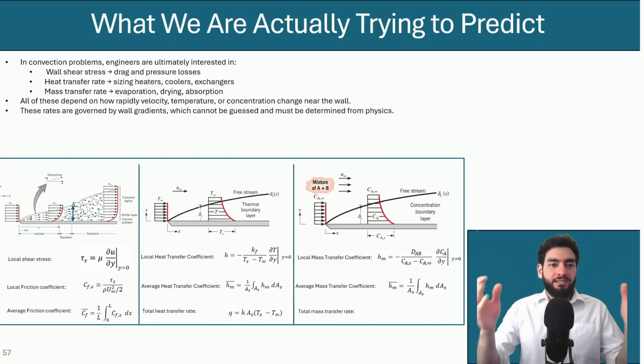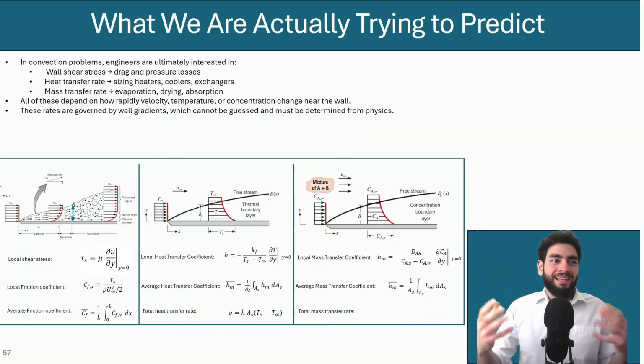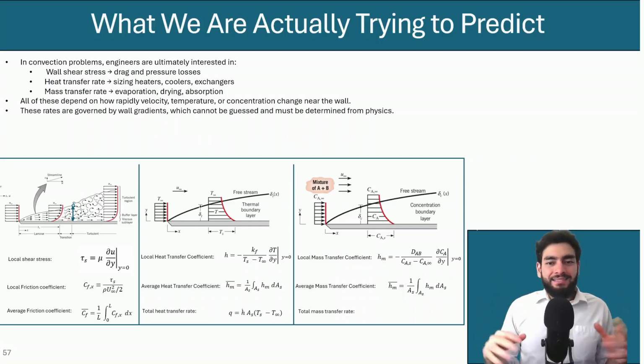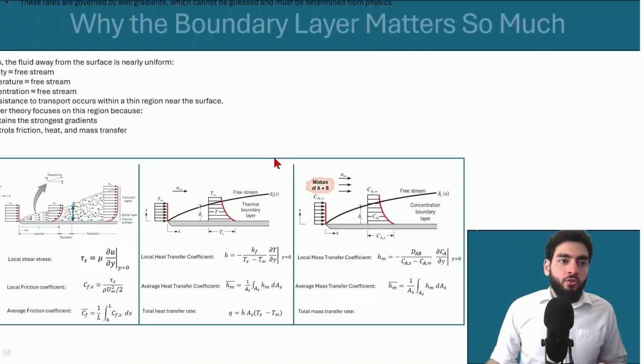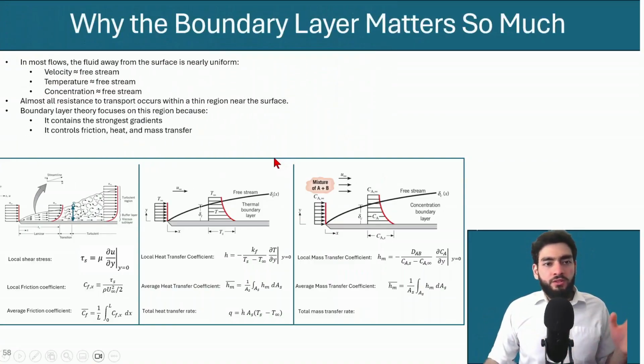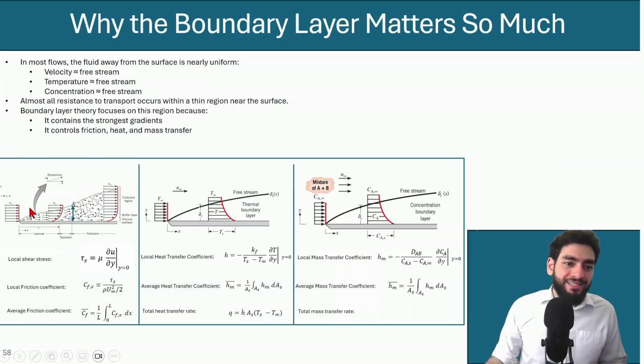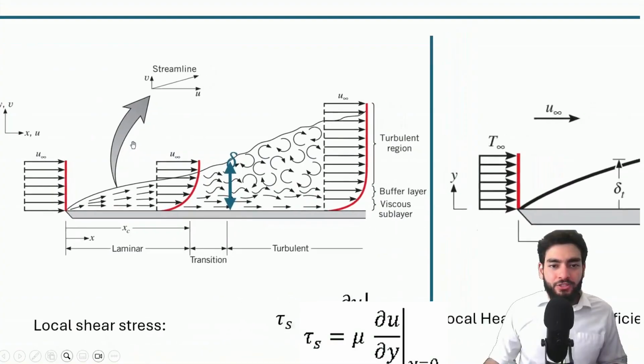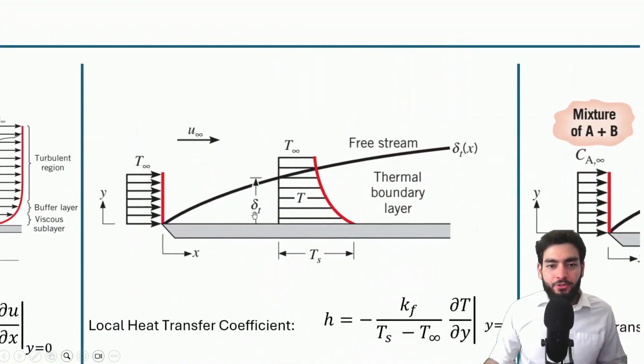When I say wall gradients, I'm using it synonymously as surface gradients. So these gradients cannot be guessed. They must be determined from physics. And so essentially in most flows, the fluid away from the surface is nearly uniform. So for instance, the velocity farther away from the plate will be at its free stream velocity, and the temperature